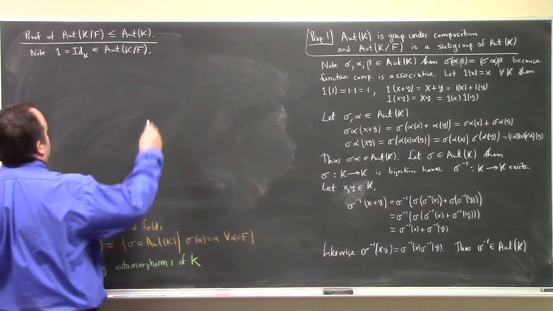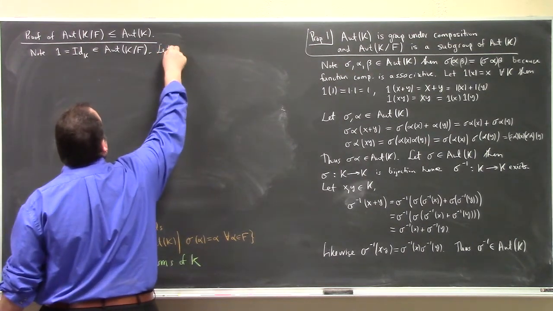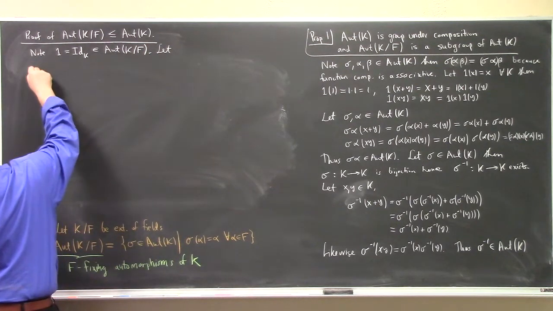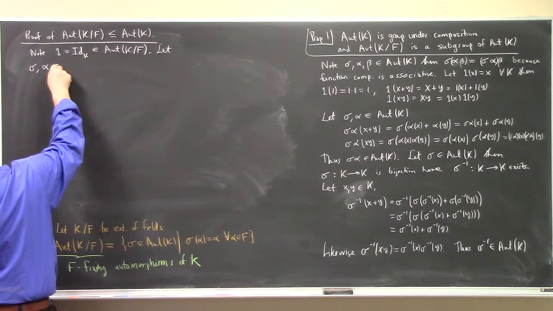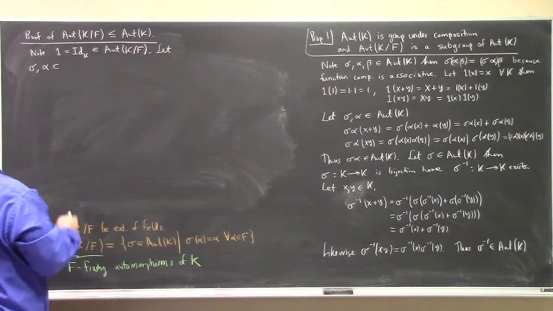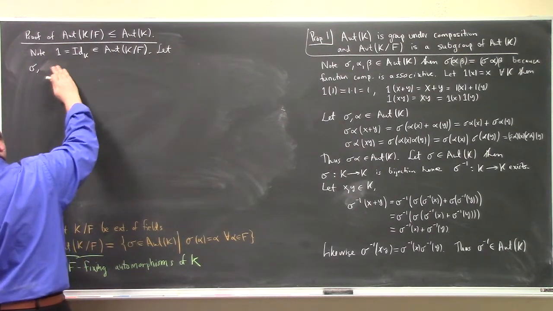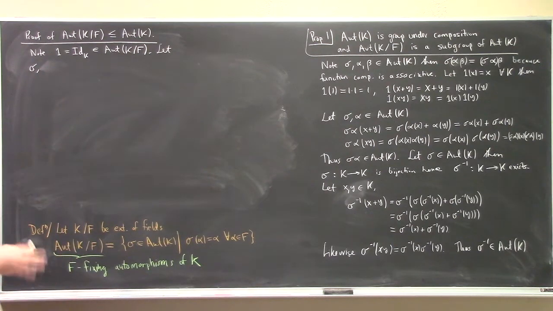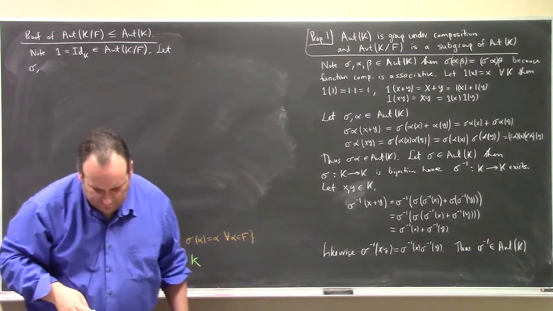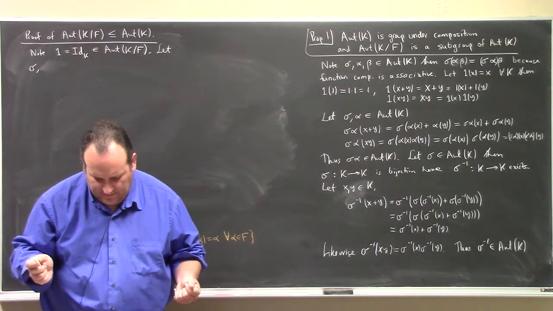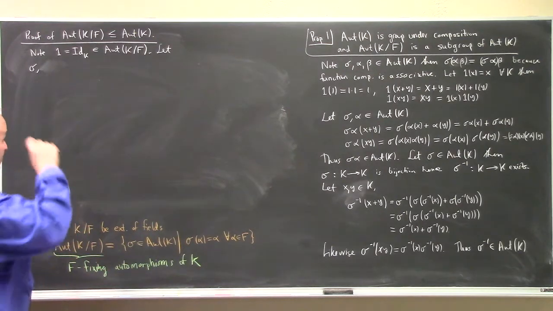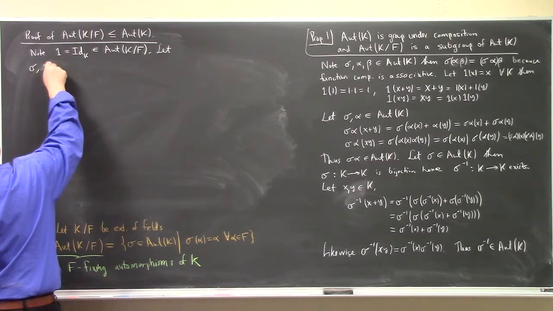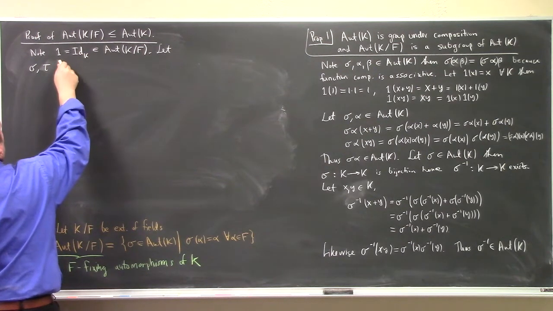All right, so let's let sigma and alpha be elements of, although he tends to use alpha for an element of something. I need to stop using alpha for an isomorphism. I've gotten in this habit so far in this lecture, and I really should not be doing that. He tends to use alpha for an element, and he uses sigma, beta, tau for isomorphisms. Let me try to maintain that habit so as not to confuse the notation. So let's let sigma and tau be F-fixing automorphisms, okay, all right?